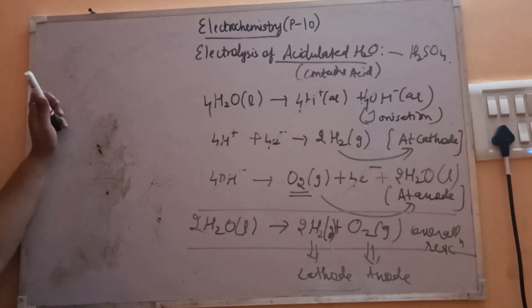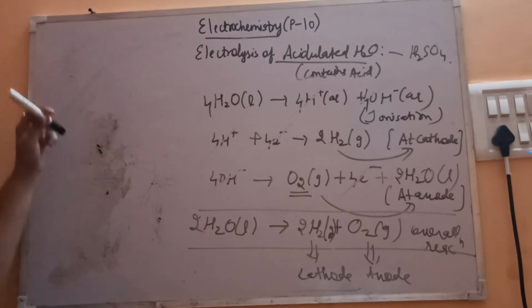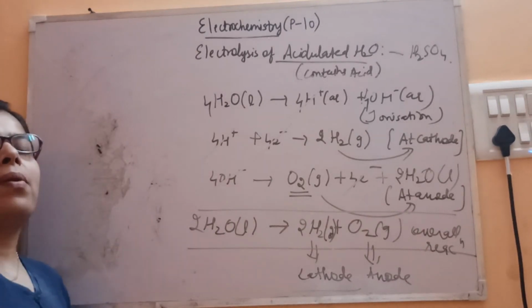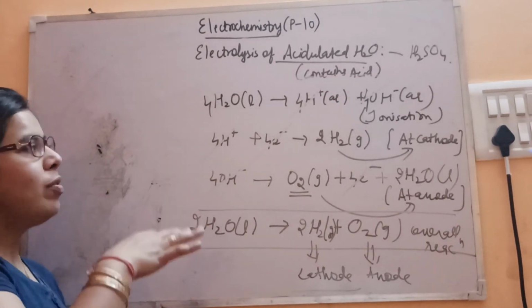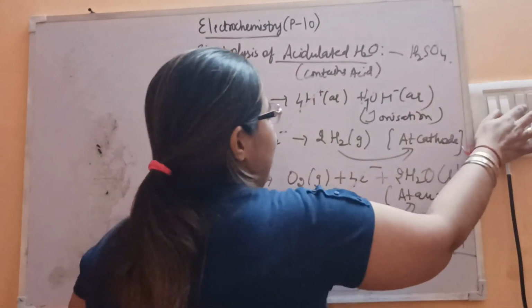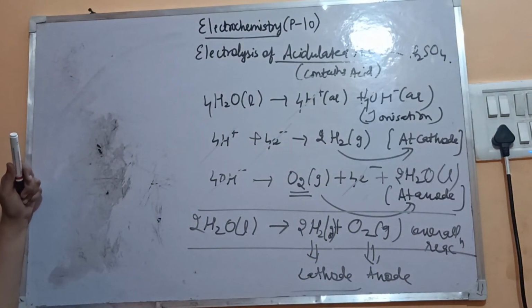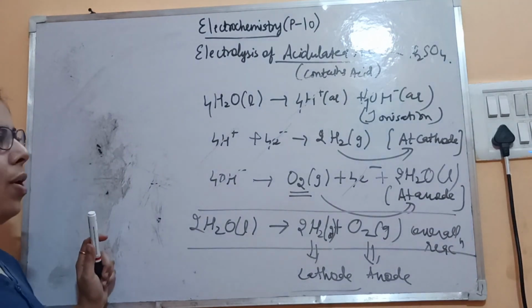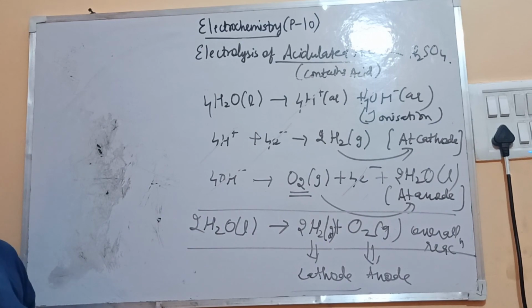Fine. So this is about the electrolysis of acidulated water, that what are the products. In exam, how will the question come? That write down the electrolysis product of the given solution. Then you have to do it in this manner. Fine. Now we are left with the third part, that is the electrode part. Okay, second part is electrode part. Third we have seen in between only. We have compared the values of E naught and all. Now the last part is left with the inert electrodes and with the non-inert electrodes.